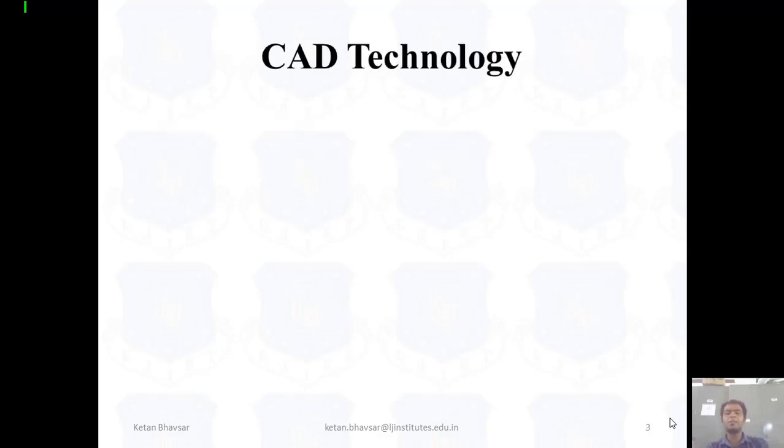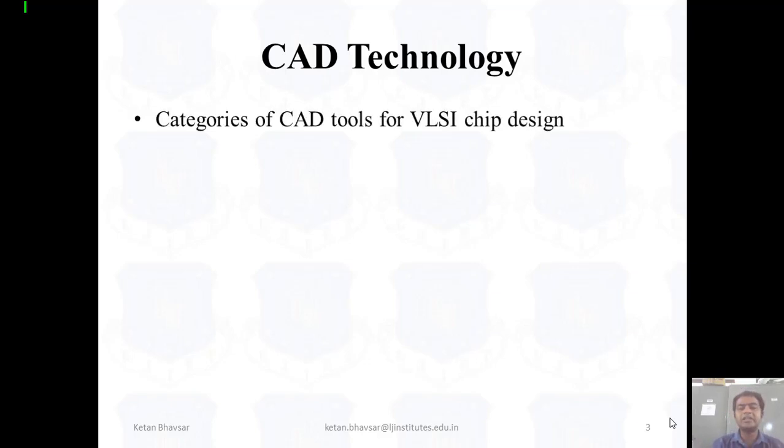So today's topic is CAD technology. It's computer aided design technology. You use a number of software tools and hardware tools like PLC, SCADA, Arduino board, AVR Studio. These are the different tools we use when we are working with the electronics part, or dealing with embedded technology and communication technology. So these are the different tool categories when we're talking about VLSI chip designing.